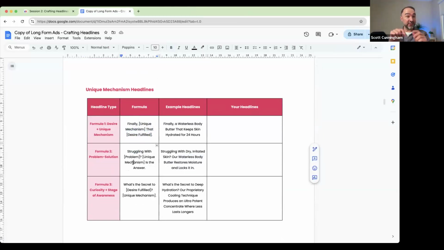In the process of filling out these formulas, it's going to force you to say it in a long way or a short way, because you've got to fit it into the sentence. You can use different aspects of that statement in different places, and you'll start to learn. You'll say, whoa, every time I talk about the proprietary cooling technique, I get a 5% click-through rate, but if I just say waterless body butter, not as much interest.